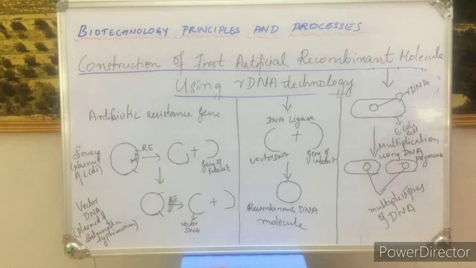Now the process of introducing the recombinant DNA molecule into the E. coli cells is known as gene transfer technique. And there are different types of gene transfer techniques to make the recombinant DNA molecule to be taken up by the cells. That we will be learning in the further classes. So right now, having introduced the recombinant DNA into the host cell, the third step of our recombinant DNA technology is maintenance of the copies of the recombinant DNA in the host cell as well as in its progeny or in the next generation.